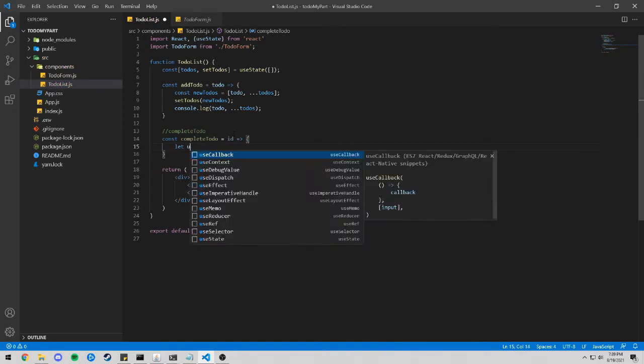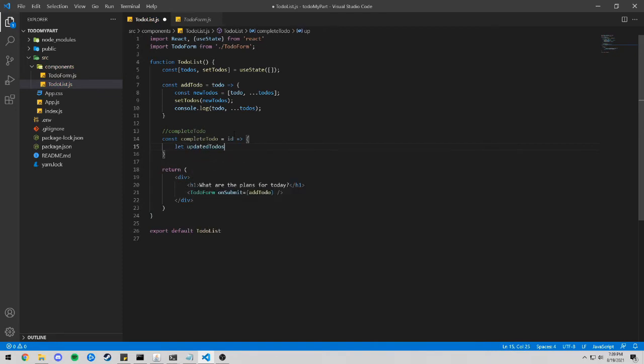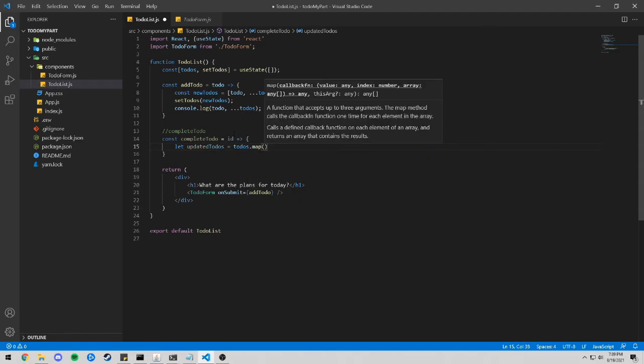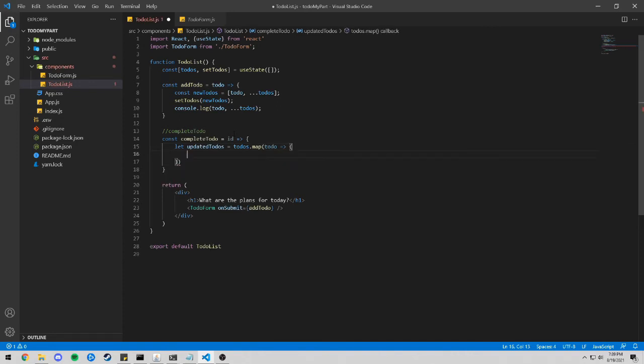Inside of it we're going to do let updated to-dos equals to-dos.map, and you'll see this to-dos.map again soon. And then we're going to do an arrow function with to-do here. So we're letting this function here equal a map of to-dos with an arrow function in here, and in here we're going to do if